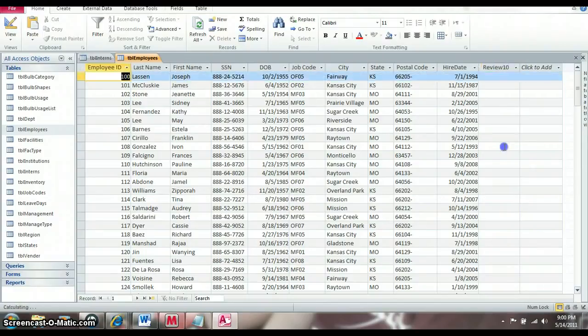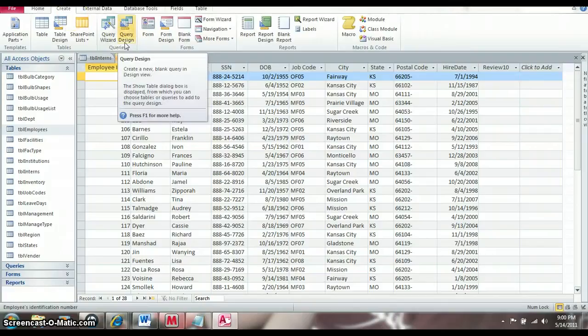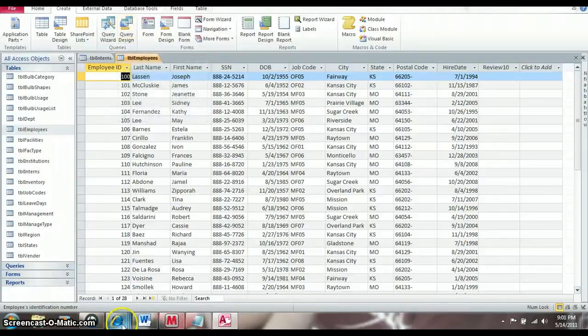And now we're going to create a query. This is, in my opinion, really showing you the power of Access. So you have all this data everywhere, and creating a query is like asking it a question. So you're saying to it, okay, you have all this data, but all I want to know, I want to just find out the information for the employee ID and their last name, first name,